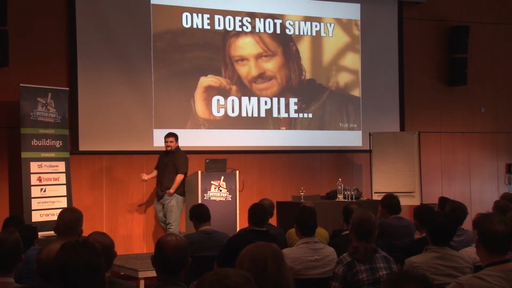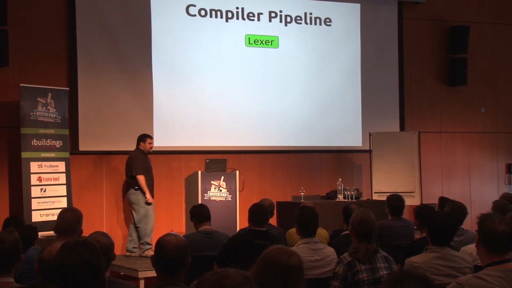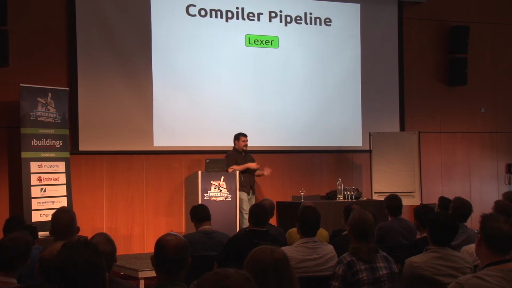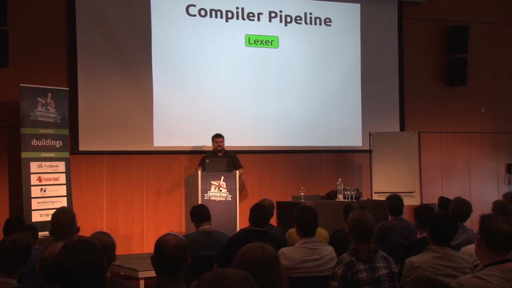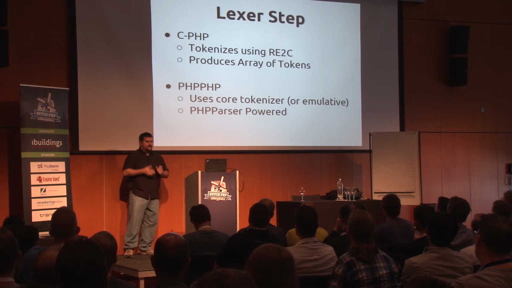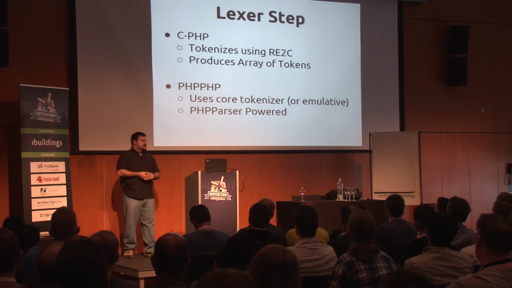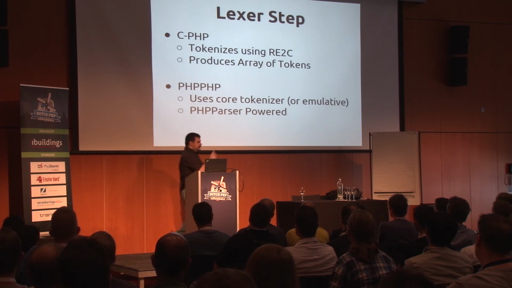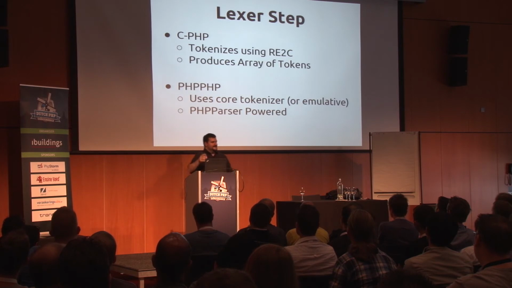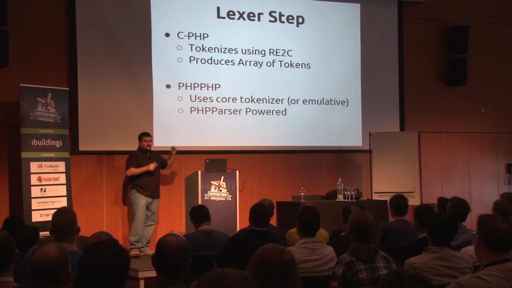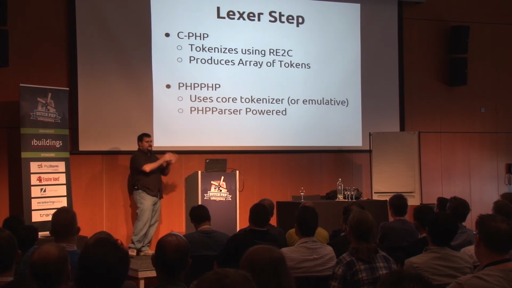Actually, compilation, it's complicated, but it's interesting. So the way code is compiled in PHP is we first have to lex the code. We take the code and we look at it and we convert it into a series of tokens. In CPHP, we use re2c for that, which then produces this gigantic array of tokens. This is where you get that error that I'm going to try to horrifically pronounce right now, but the T_PAAMAYIM_NEKUDOTAYIM, whatever, yes, I cannot pronounce things. That's a token. So the parser translates code into a series of tokens.